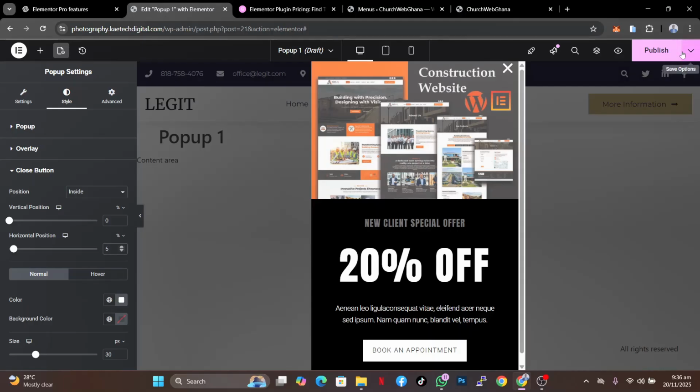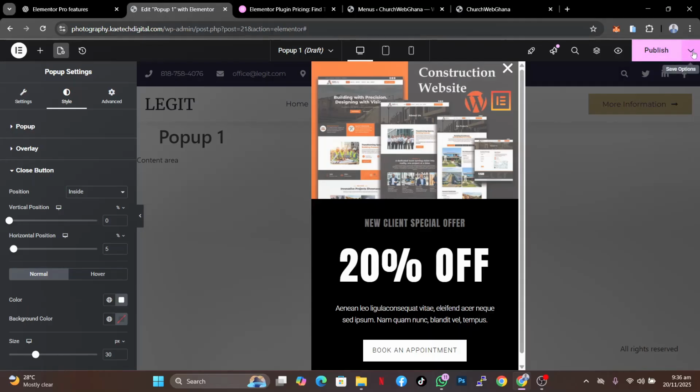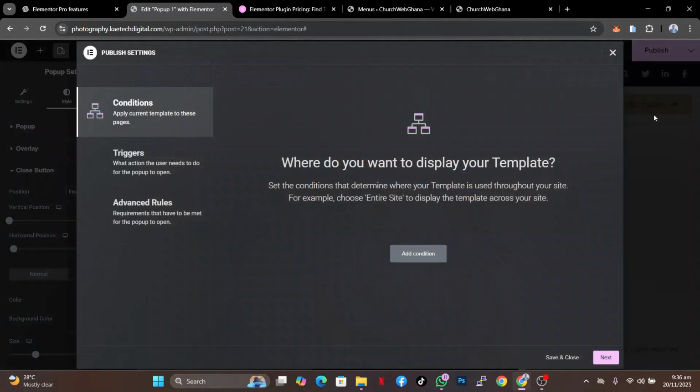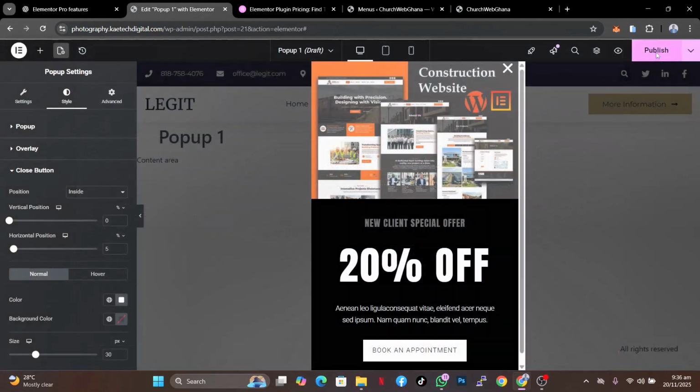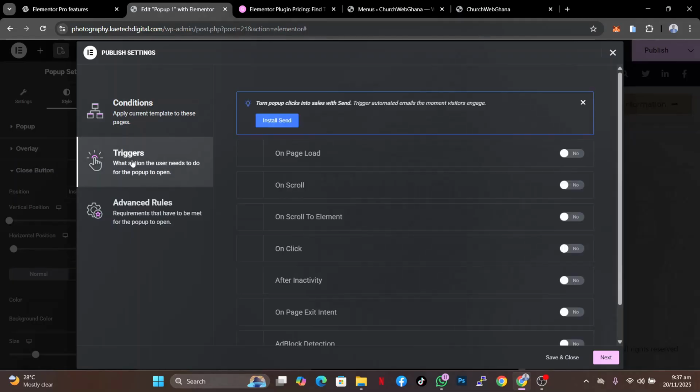And after that, like I told you, over here you can set up your triggers and all those things, okay, and you can also go ahead and publish it. So if you click over here and you set up your display conditions, or let's say I close it and I try to publish it, it will still come over here, right? So that is how it is. So I need to set up my display conditions, I need to set up my triggers and then advanced rules for it. So display conditions, I want it to display on the entire site, okay, and then for the triggers